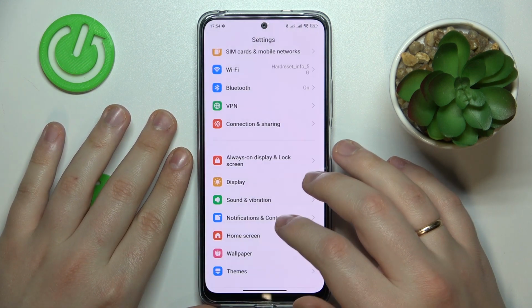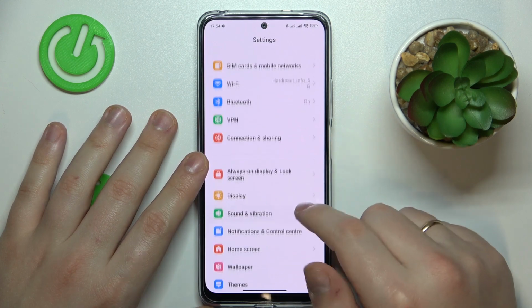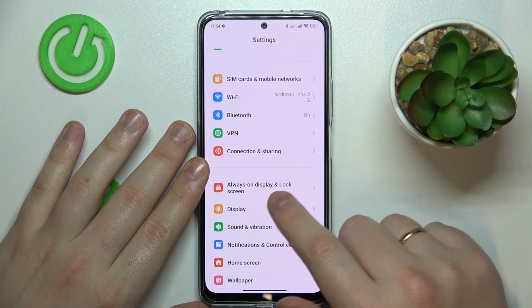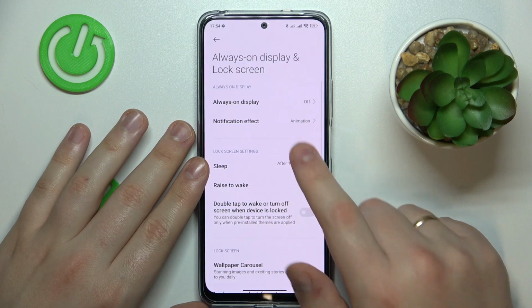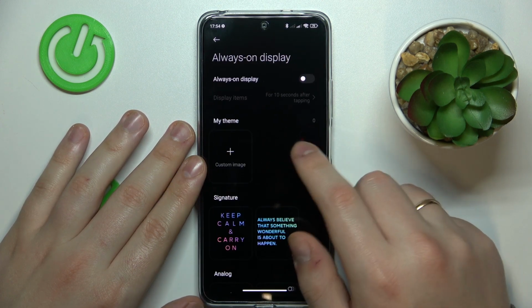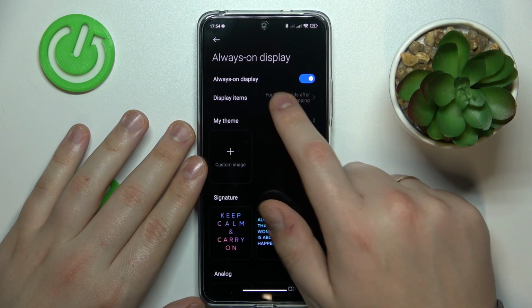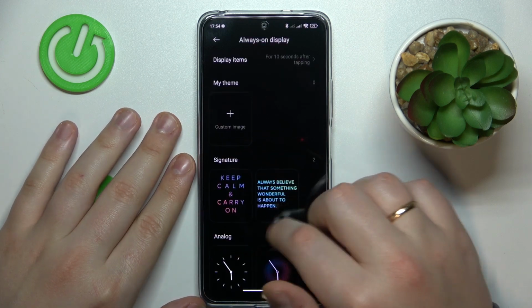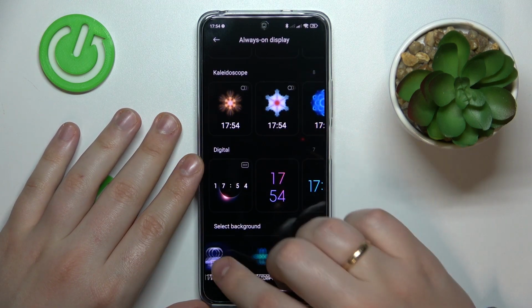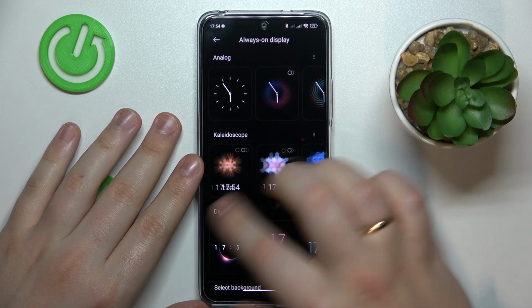The next feature is the always on display and how you can set it up. So launch the same settings app, go for the always on display and lock screen category, then always on display, turn it on by toggling this switch. Then you can set the design that you would like to go with. There are quite a few